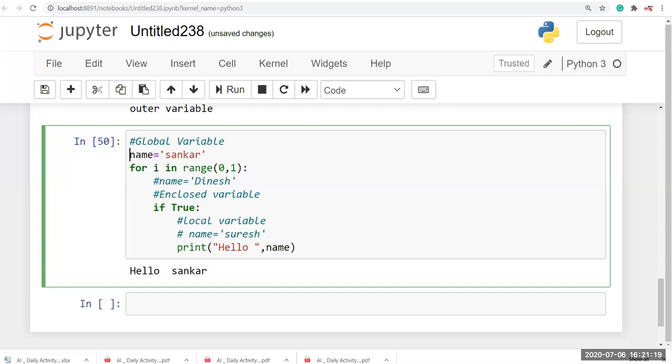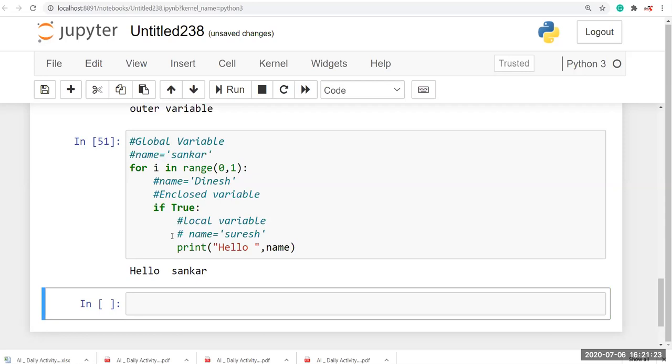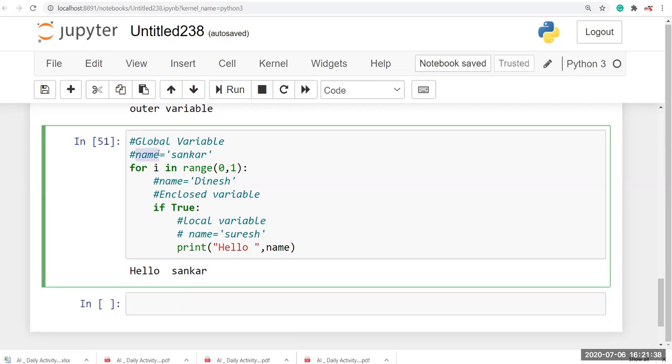Okay, so now I'm going to hide this. I will run this. So name has already stored Shankar. That's why it prints like that. So first, I'll change the variable's name, I'll just delete the e here.